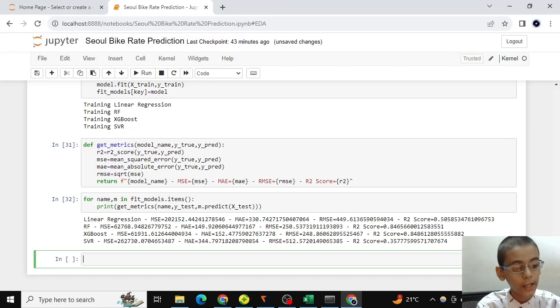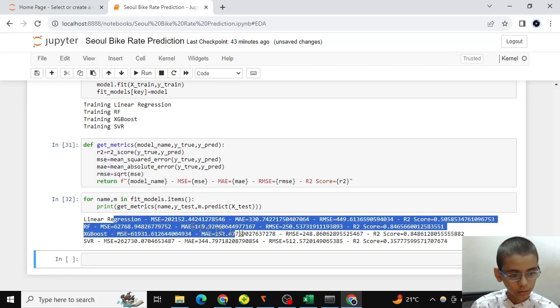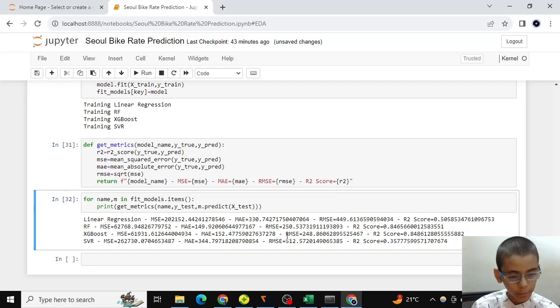Guys, our evaluation is completed. So let's compare our models and see which is best.